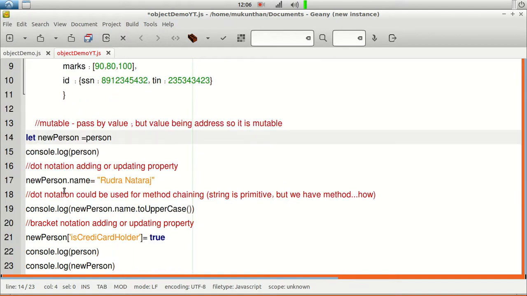Again the address is the same location, so you will have the same object. It's not like copying the object to newPerson. You are giving only a copy of the memory address or reference. That's why they are called reference data types. We are giving only the address to the newPerson variable.